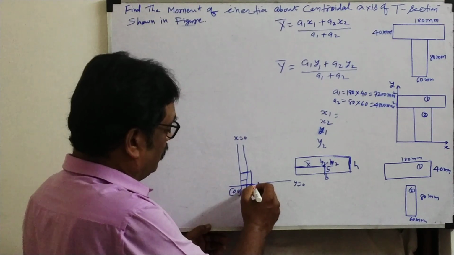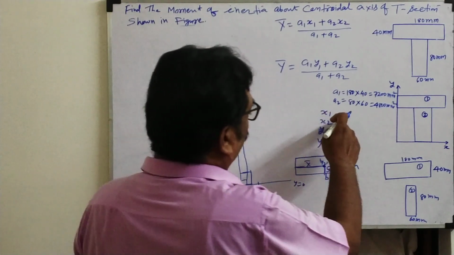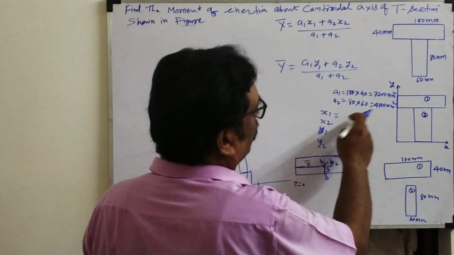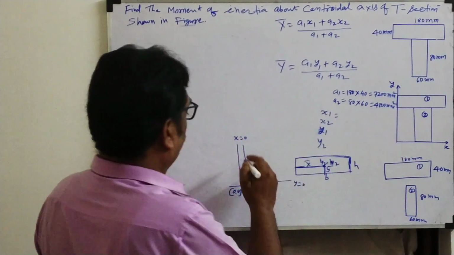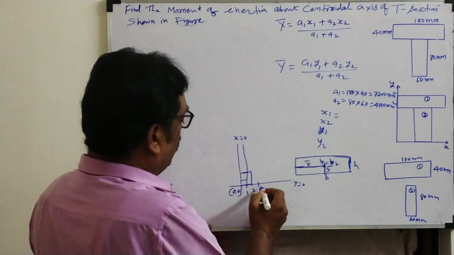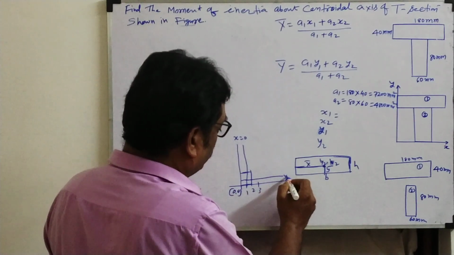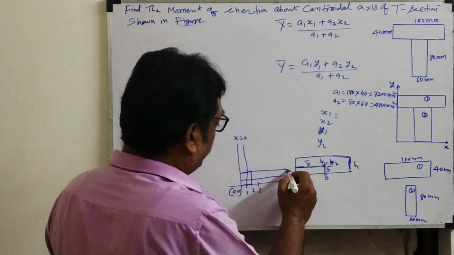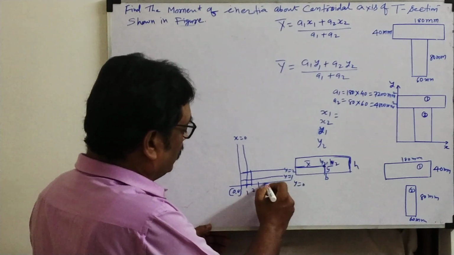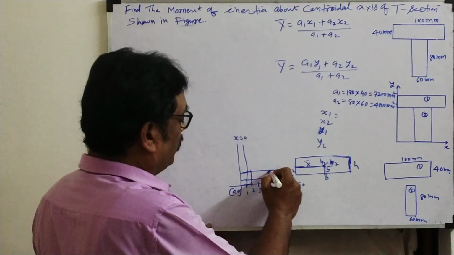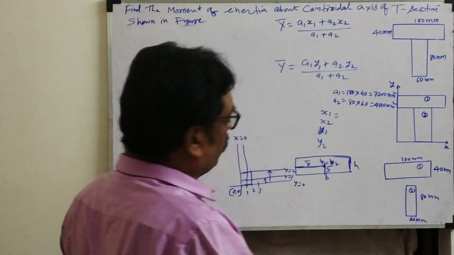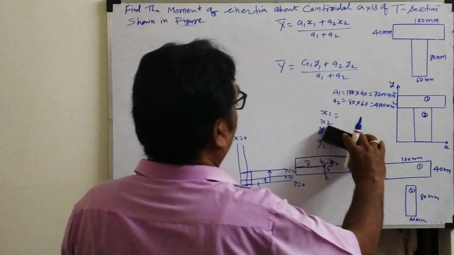This is the distance. So that means x1, the individual section's center of gravity, we will take from the reference axis in the y direction, the y-axis. Similarly, this is called y0, then y1. This is called y2. So see how we measure the distance y1 from the horizontal axis. Based on this concept,